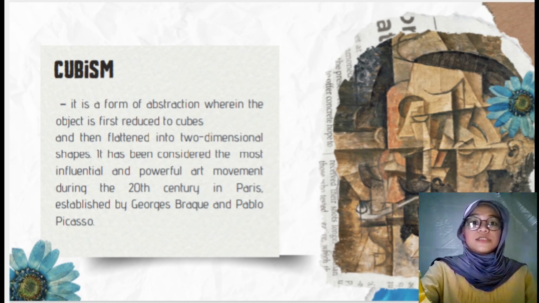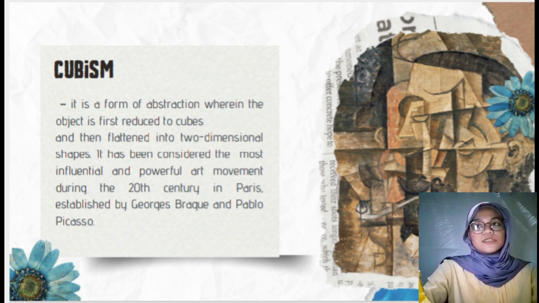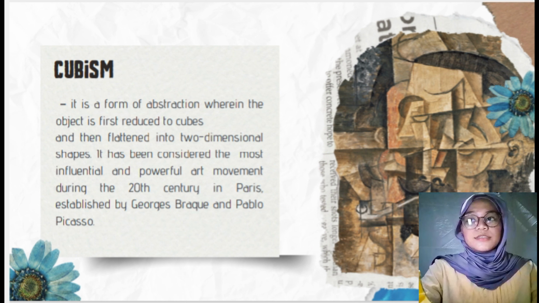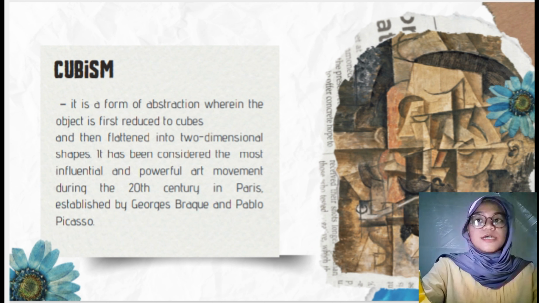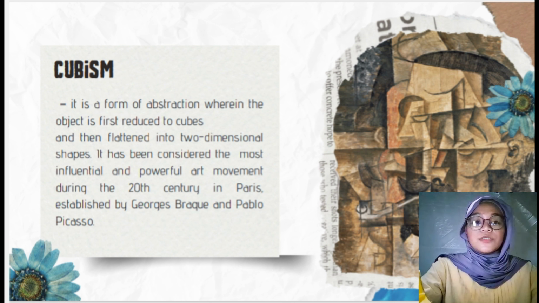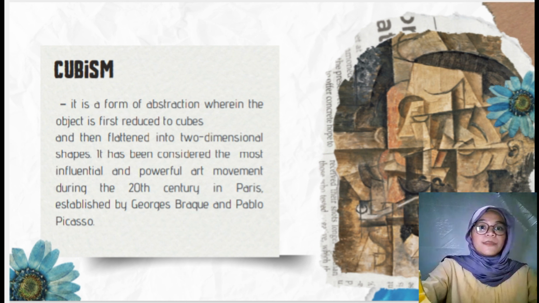Let us now define what is Cubism. One of the types of modern style is Cubism. This style was developed in the early 20th century by Pablo Picasso and Georges Braque. Cubism breaks down real objects into simple shapes like cubes and triangles. Instead of showing just one angle, Cubist artists show many angles at the same time. The result is a fragmented and abstract image. It focuses more on form and structure than on looking realistic.